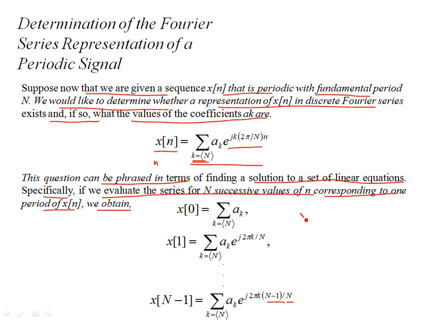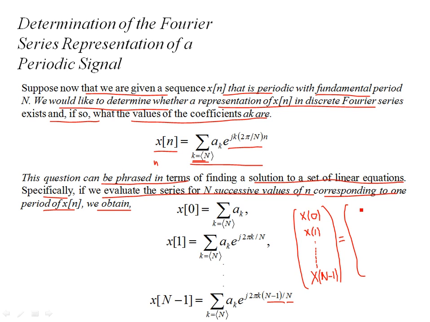So the situation is like this. You have a set of linear equations, these linear relations are in terms of the harmonically related complex exponentials. For example, the sequence is periodic, so we are considering one period of the sequence x of n, because capital N is going to be the same as x0, right? So this is the left hand side in the matrix form, in the row vector form, and then on the right hand side we're going to have